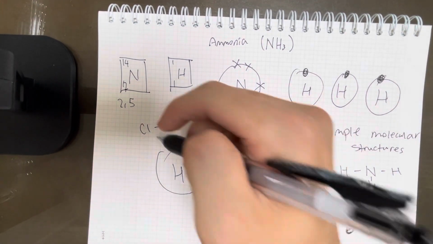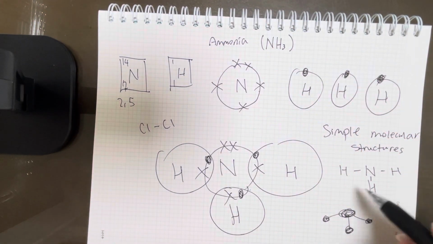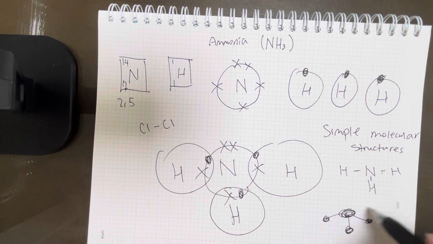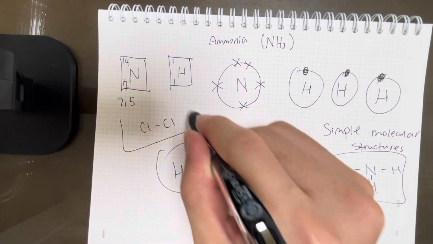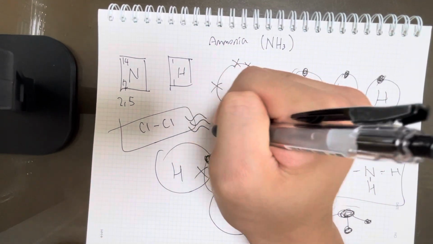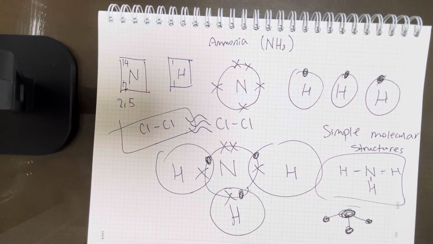But there's an issue. We have these 2 chlorine atoms, right? And between them, they have strong covalent bonds. Same with ammonia. We have strong covalent bonds between each of these atoms, forming one strong covalently bonded molecule, right? Simple molecular structures. But in between these structures, if we have another chlorine molecular structure here, there are